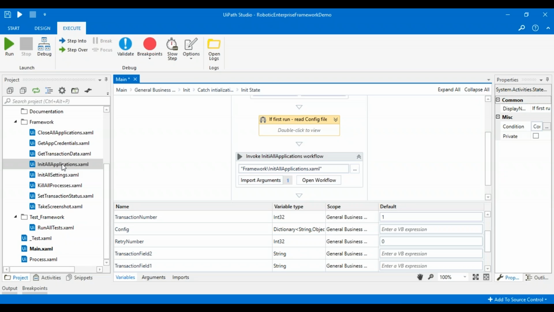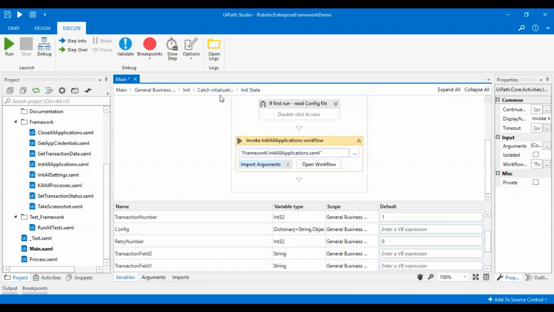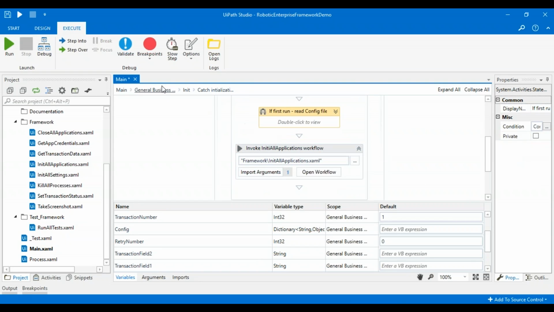So this is where you'll have to change the configuration based on your requirement, right? It should be parameterized on the business process that you have, what values you want to use, and so on. Over here, if you see the arguments, we have the in-config value as the input dictionary. It is a dictionary with the key as a string and the value as an object, right? If I click on OK and go one step back,